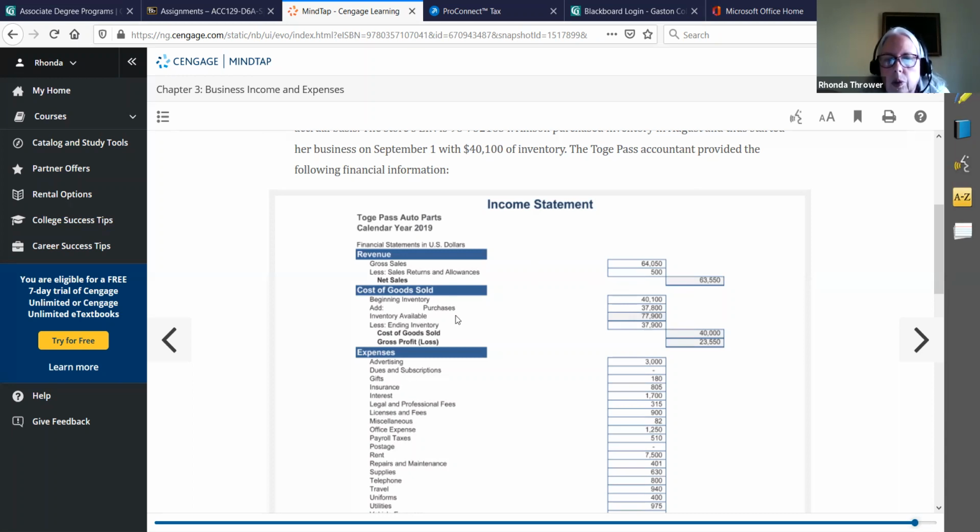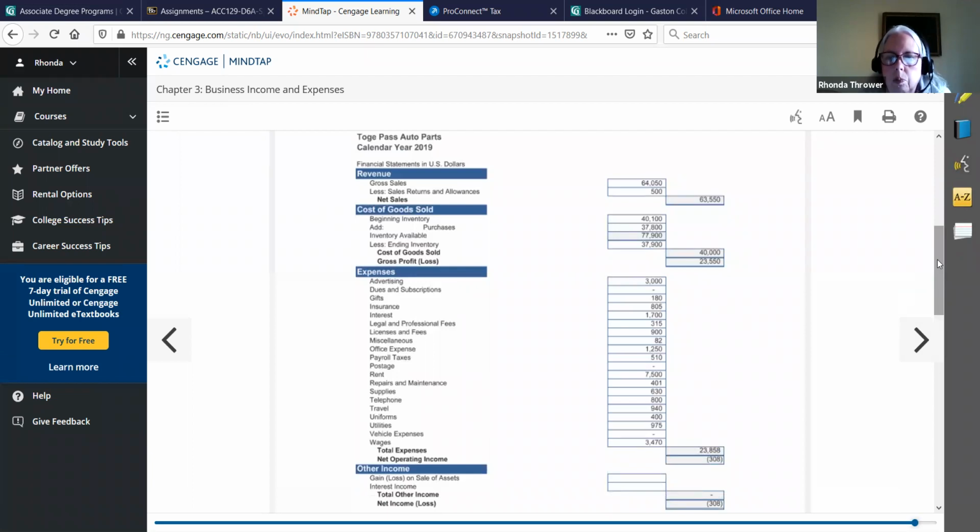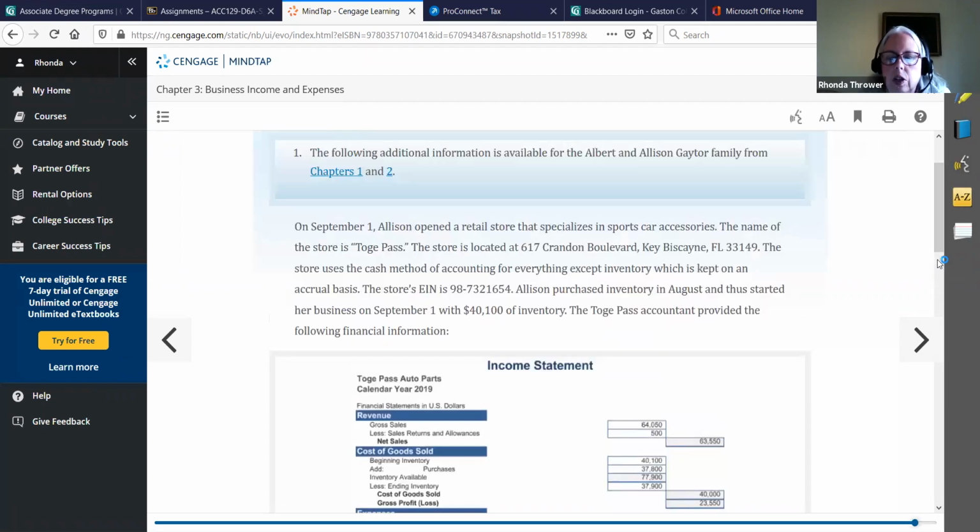The beginning inventory plus the purchases will give you the inventory that's available to sell, minus what you had left over in ending inventory tells you what you have sold. The difference between your cost of goods sold and your revenue is your gross profit. And then they've given you the expenses for this particular business during this point in time. So what you're going to have to do is create a Schedule C for this company. And so what I'm going to do is switch over to ProConnect,